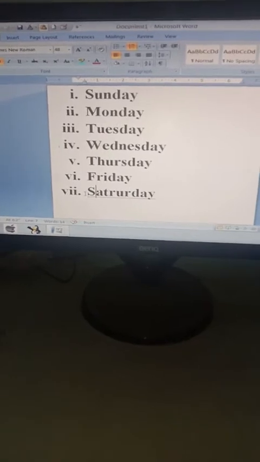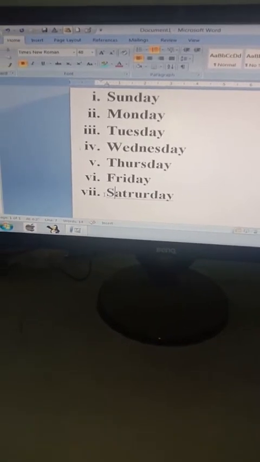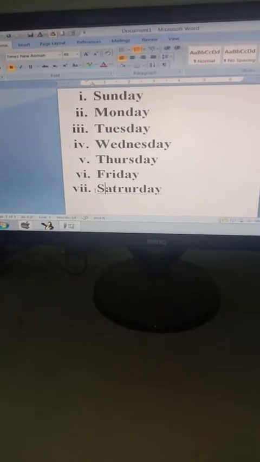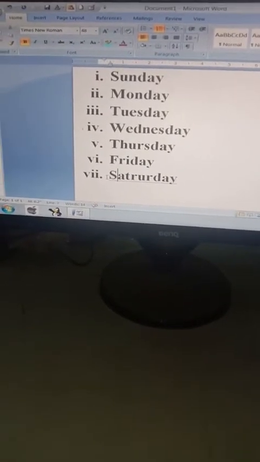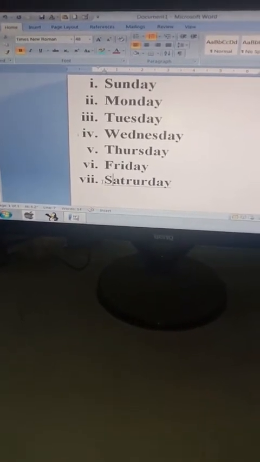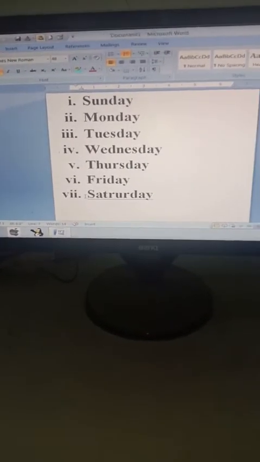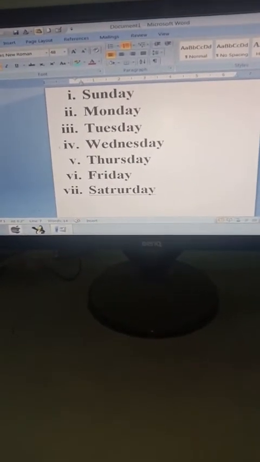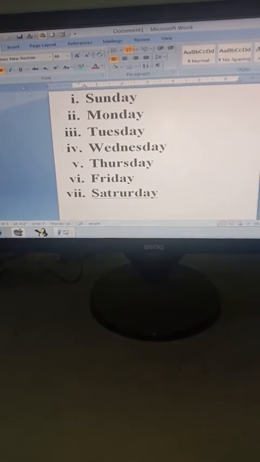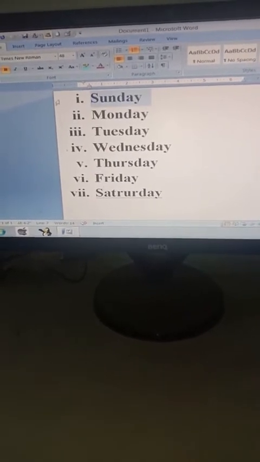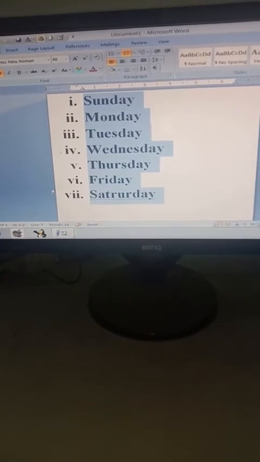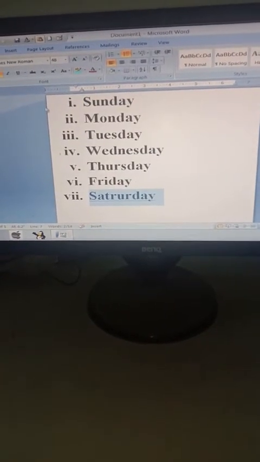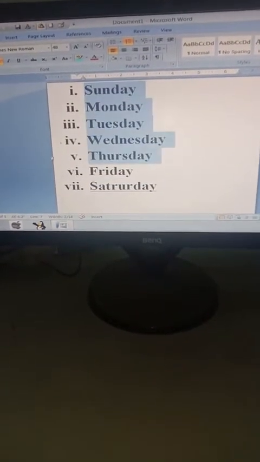Now the next topic is how to remove this numbered list from the document. Like suppose I want to delete this numbered list from the document. So in order to delete the numbered list, what are the steps that I should take? First of all, select all the content from which I want to delete the numbered list. Like suppose I have selected this content.